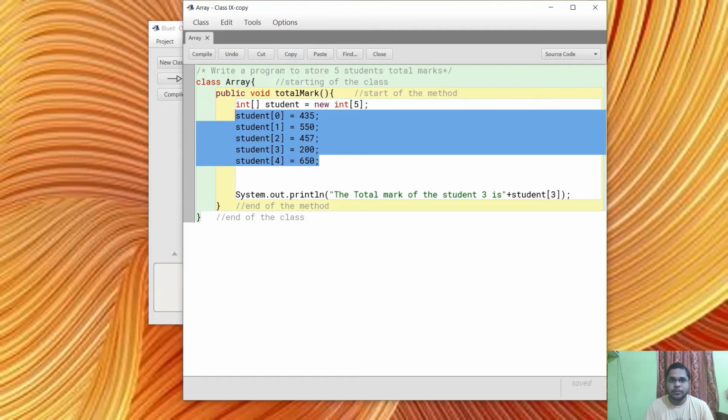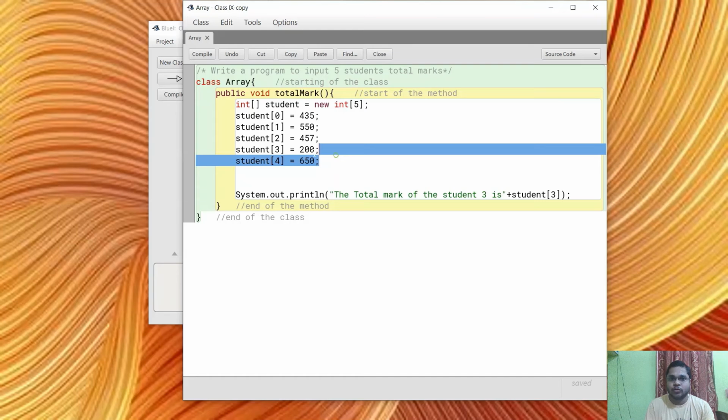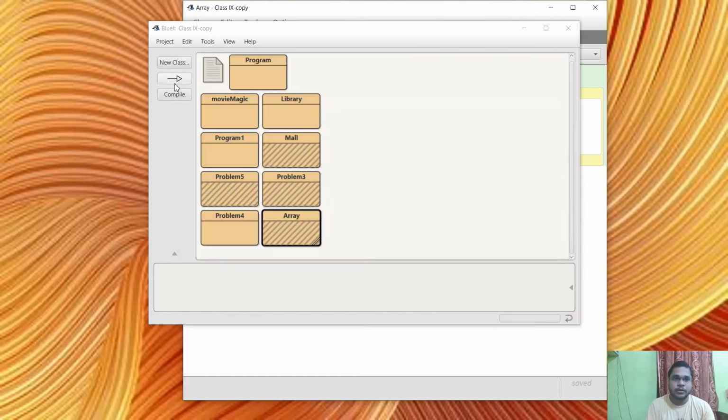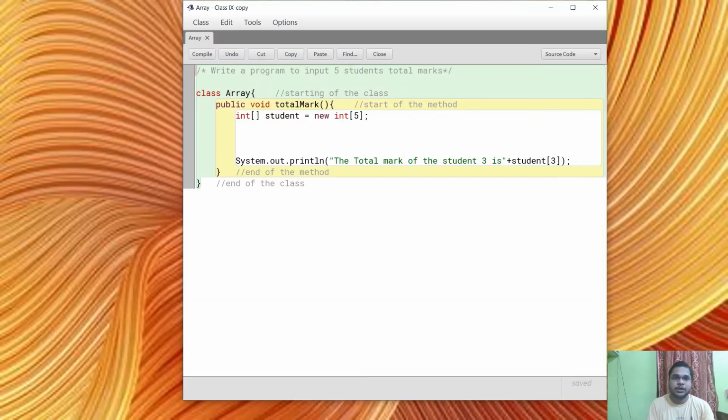Also, you can do this with user input. Just change the program: write a program to input 5 students' total marks. Let's see how to do that. Let's take a Scanner class object.